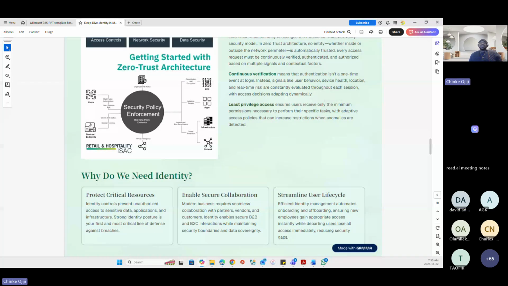All right. Thank you very much to both Charles and David for your explanations. You both are correct. What I would add is that when you're describing identity within Entra ID, one very key word is a digital representation of that person.